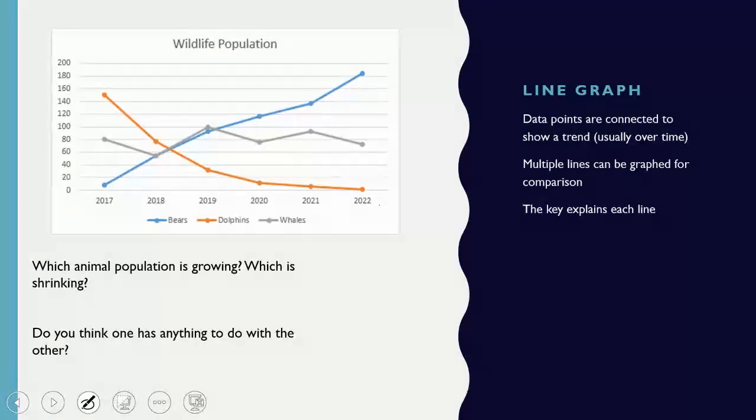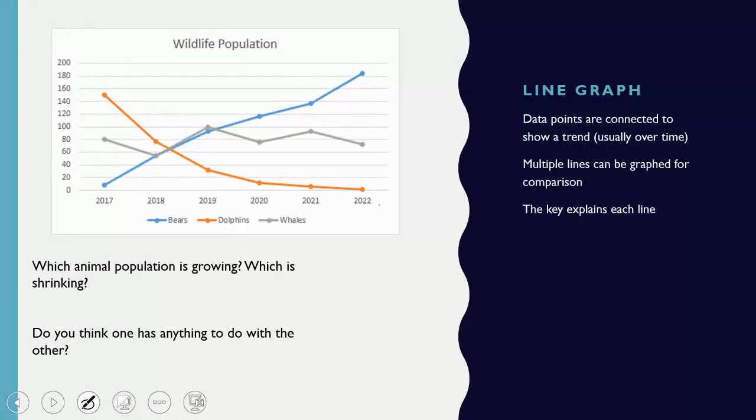Now, why do I have 2021 and 2022? Those would be extrapolations, or what researchers believe would be the trend based on what they are seeing in the past several years. So those are not actual data points. Be really careful when you're looking at graphs. Notice what they're talking about, because we haven't gotten to 2022 yet. We don't know how many bears there are actually going to be. However, based on the data that the researchers are collecting, they are making some